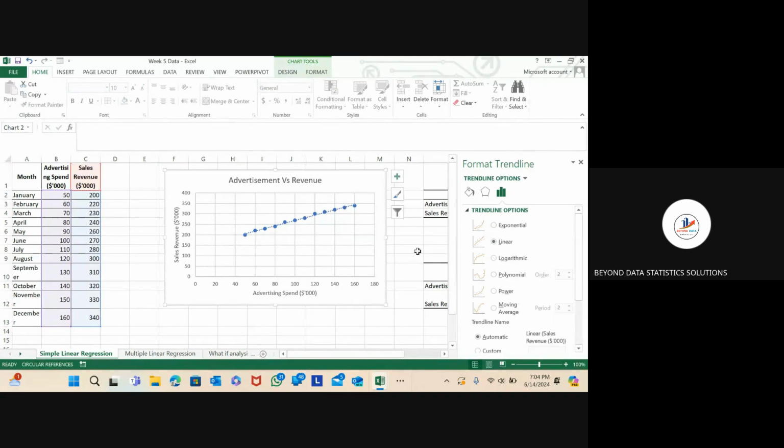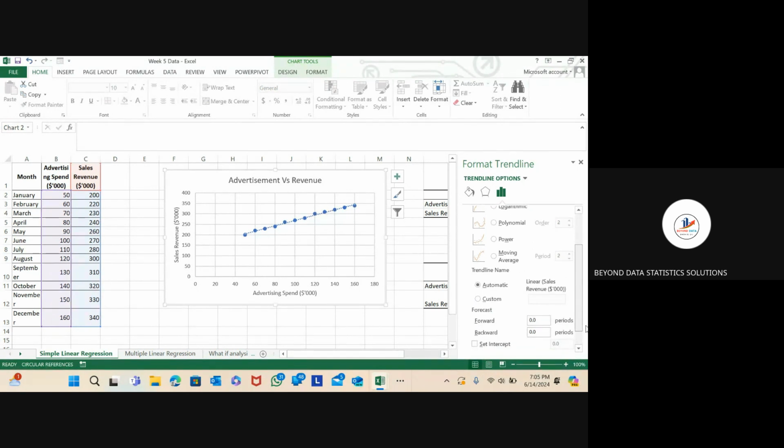Now you see there, you can change the trend based on how your data is distributed. You can change the plots there to follow a given trend line, be it polynomial, logarithmic, exponential, or a moving average for time series data, and stuff like that. Now scroll down there, we just want to add